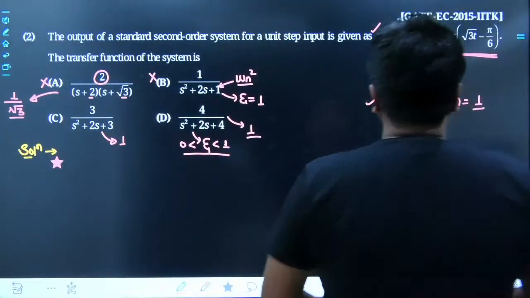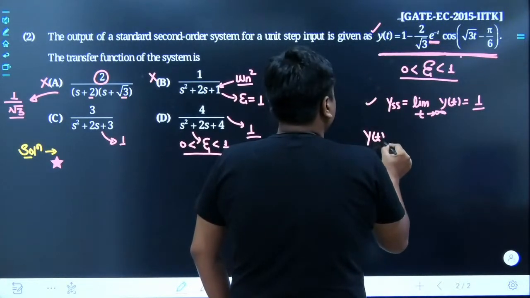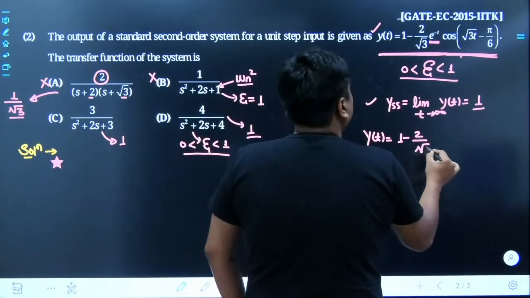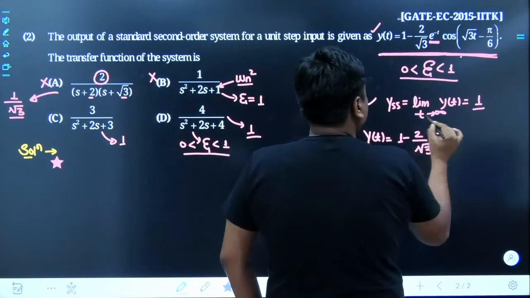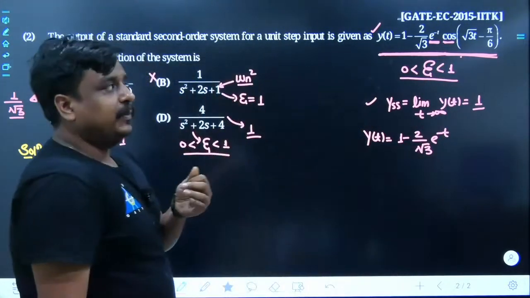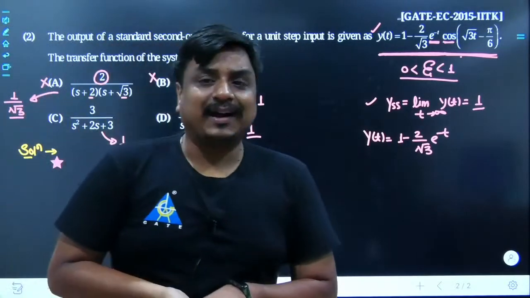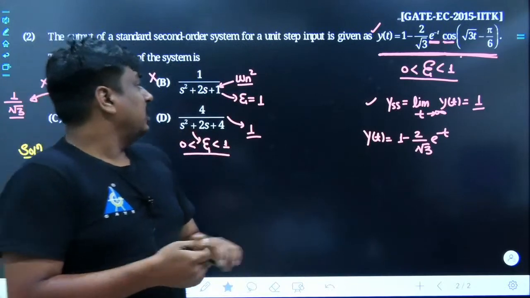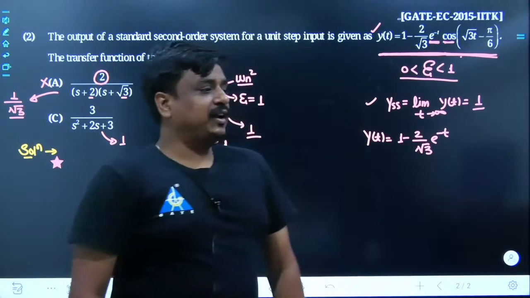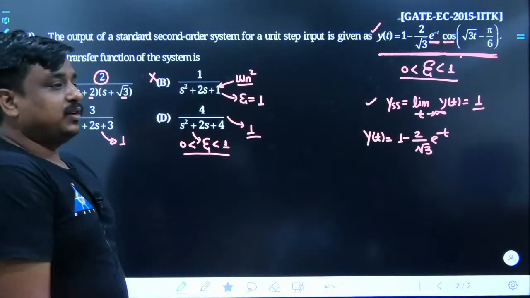So what we are going to do, again we are focusing over y of t. I would like to have the input from each one of you. In standard, whether it used to be sine or cosine. Tell me, in standard, when a second order system which is underdamped is excited with a unit step input, here do I have the cosine ratio or sine ratio?